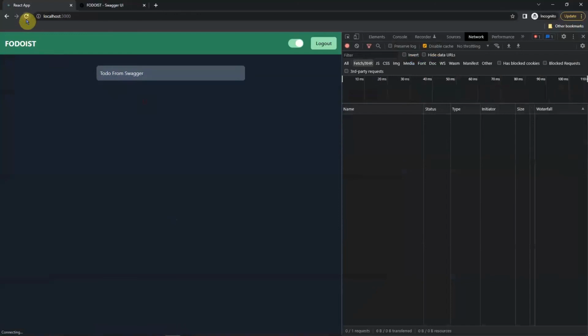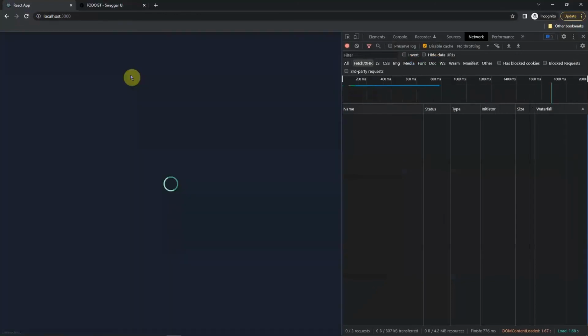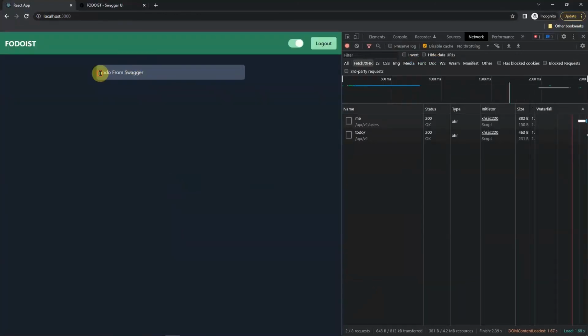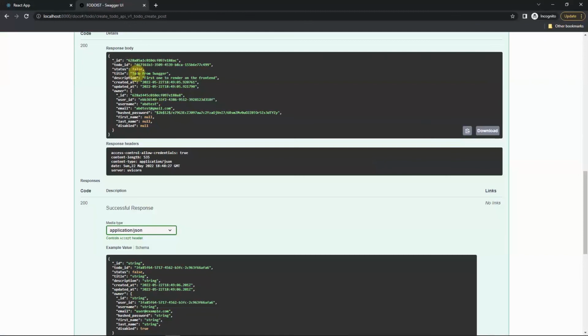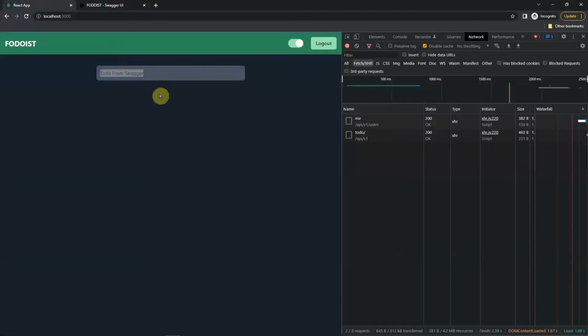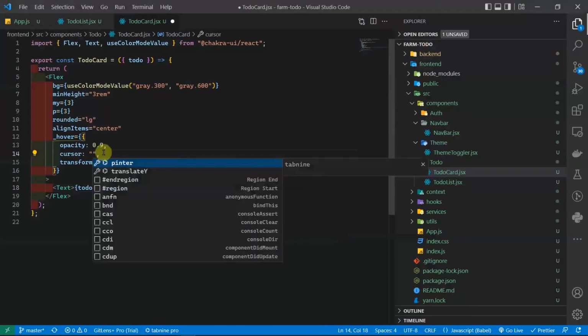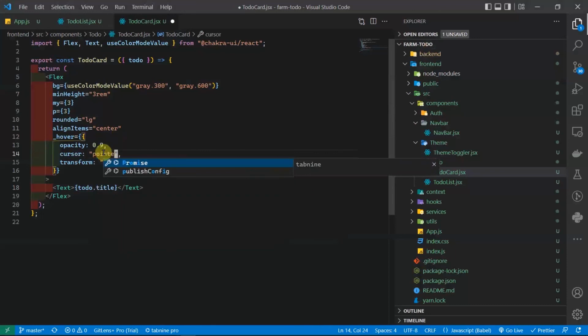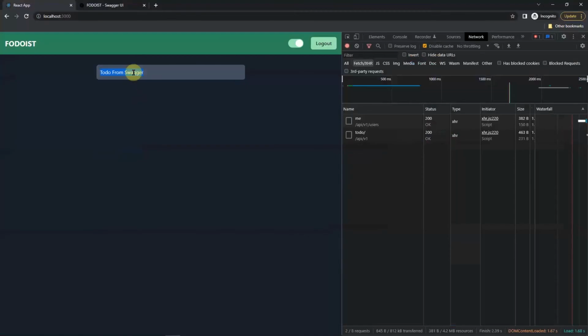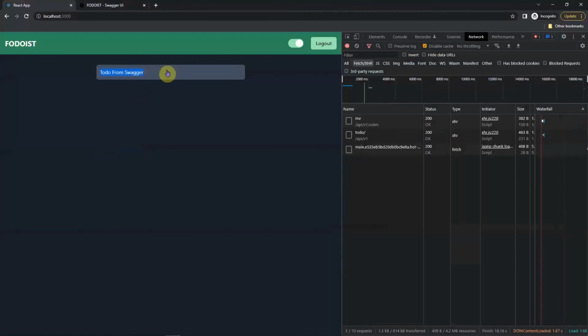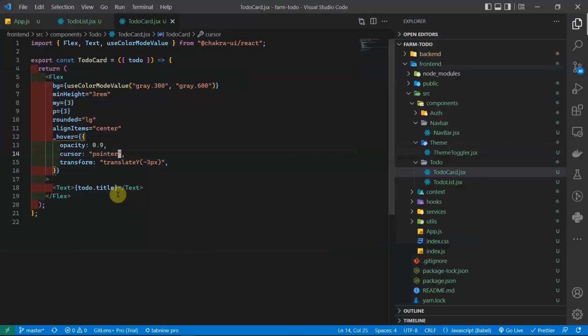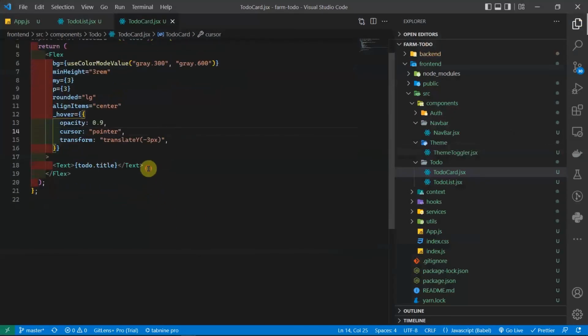So if I refresh, okay, so we have it. To do from Swagger. This is the one we created, to do from Swagger. Okay. Cursor, why its cursor pointer is not working? Cursor to pointer. Okay, now cursor pointer is working, and then we need to add the badge to show if this is completed